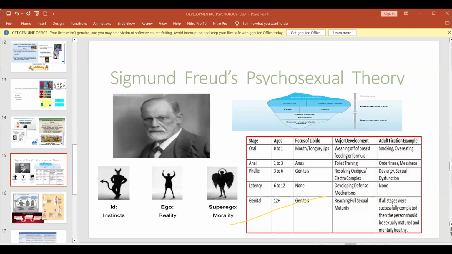Sometimes actually will lead to dysfunction as well. So it's very important, between 3 to 6, that the child can control the feelings that come up, pacify them, and manage them.